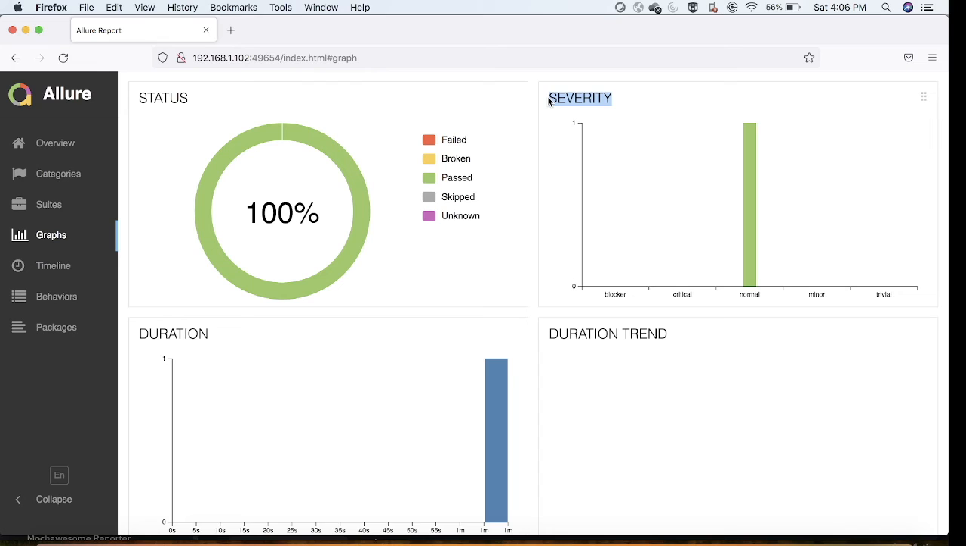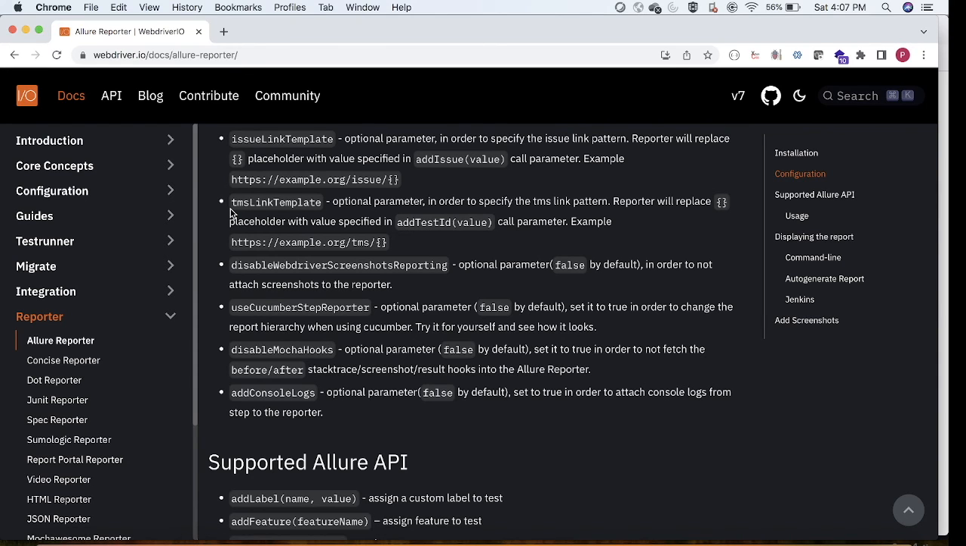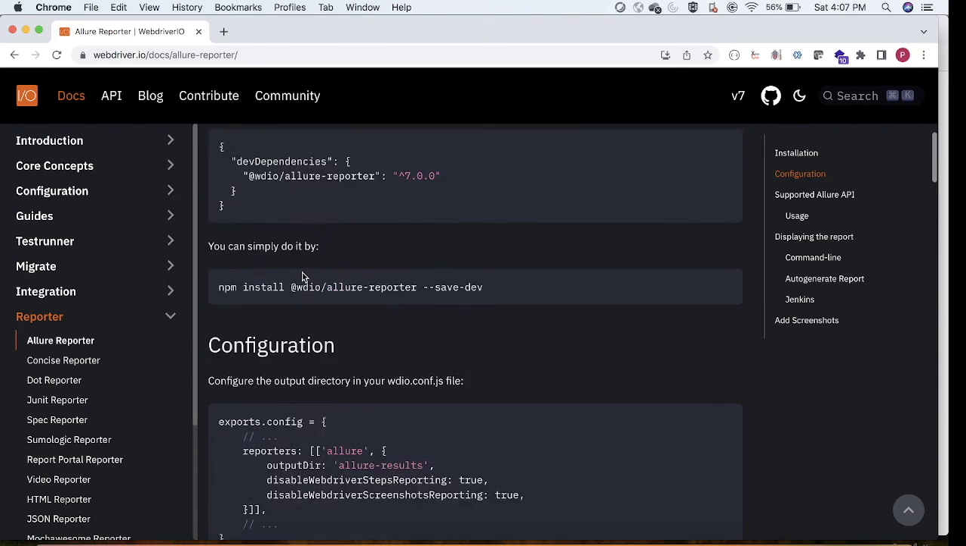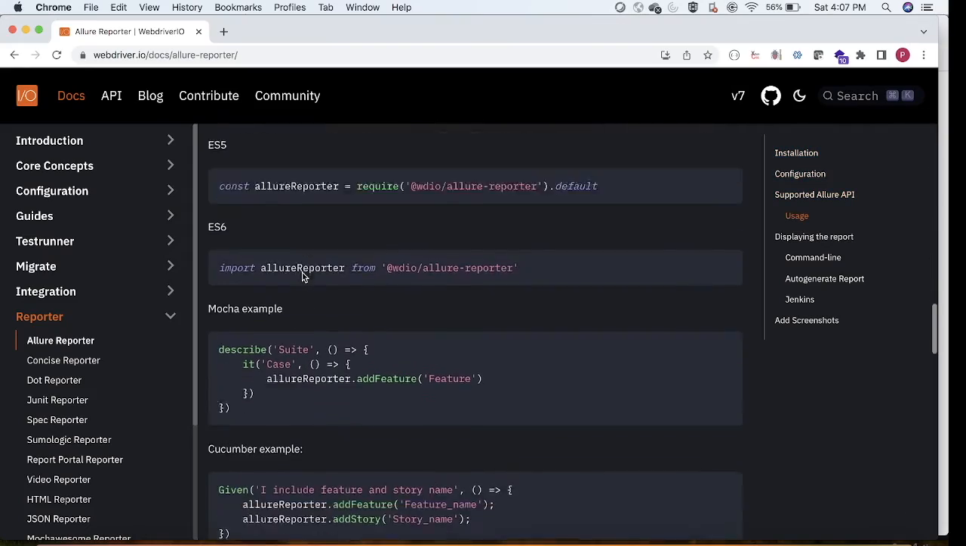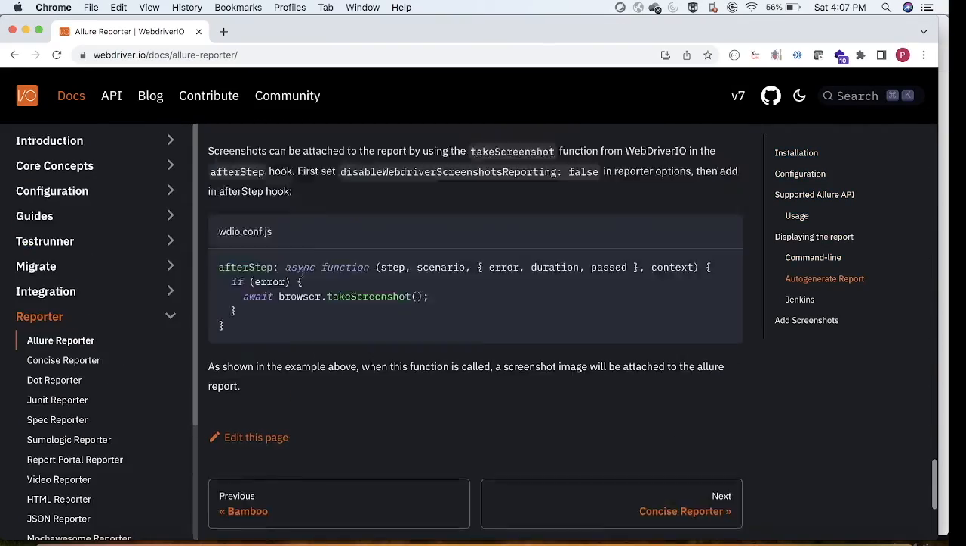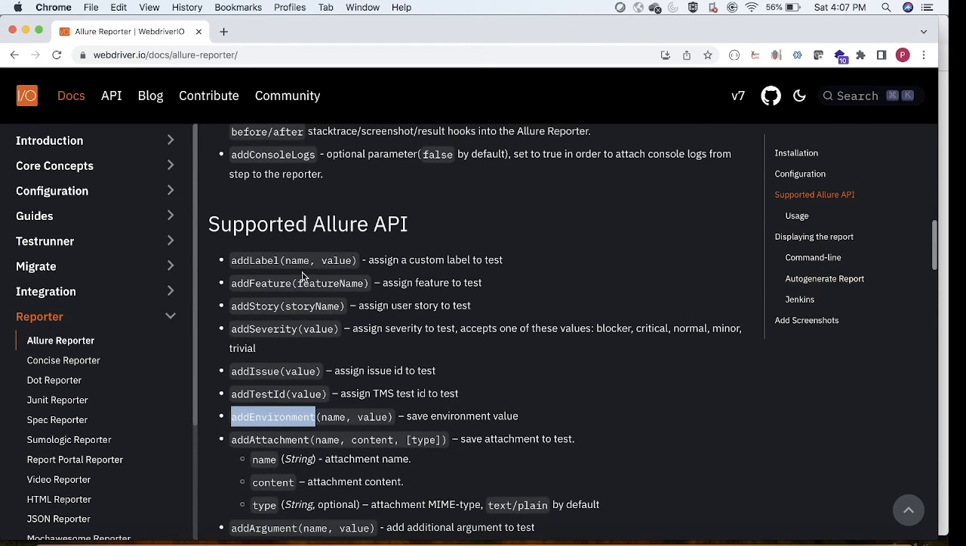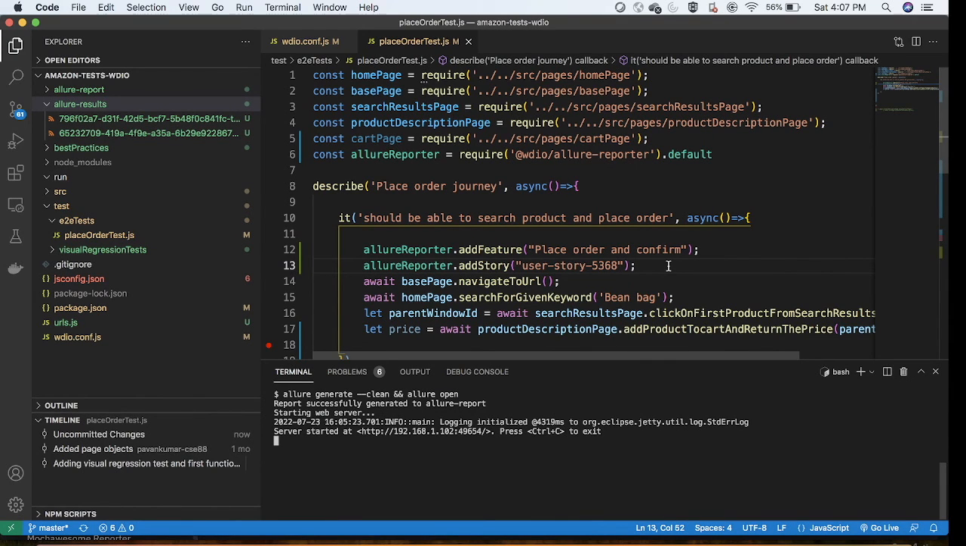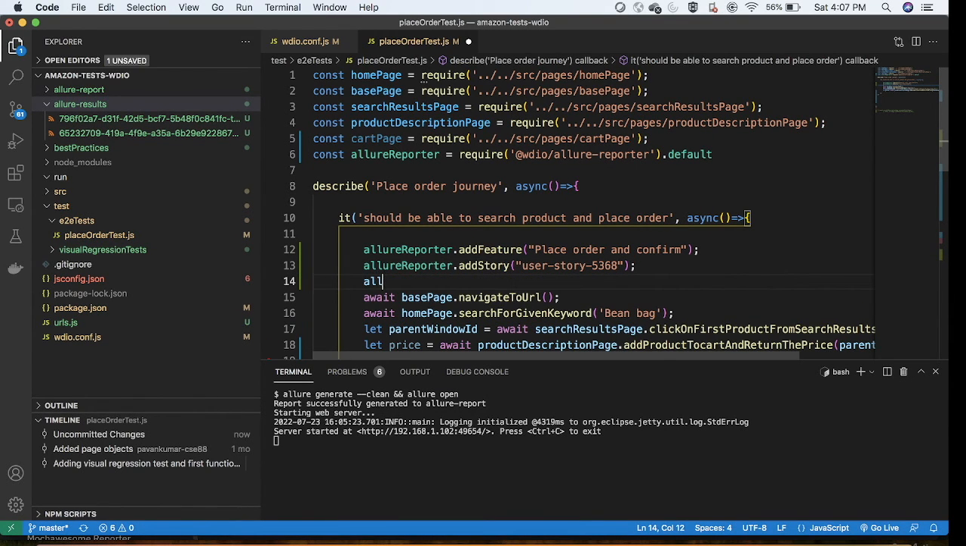Say for example, if you have 100 test cases, out of which 30 are severe test cases and another 40 are normal or minor test cases, you can categorize those test cases also by adding a severity. So what you need to do here is, if you come to this particular API reference page, there is an option to add the severity. Yep, add severity. Just what you need to do here is